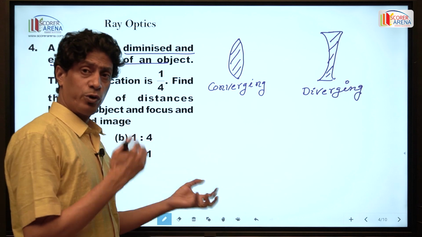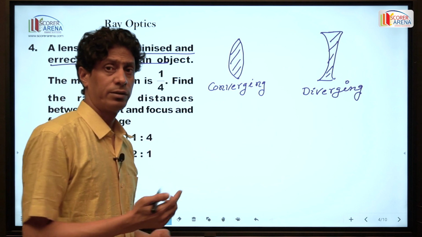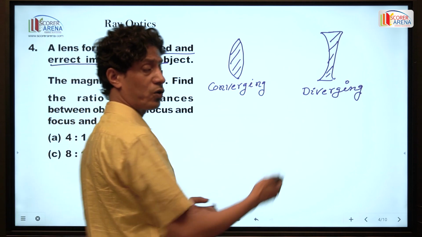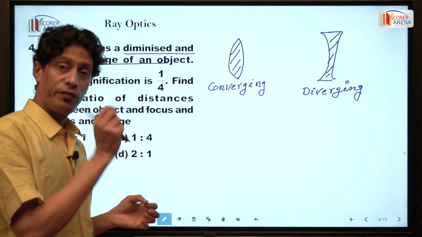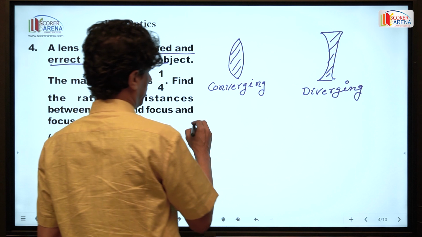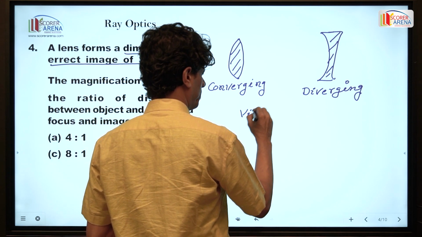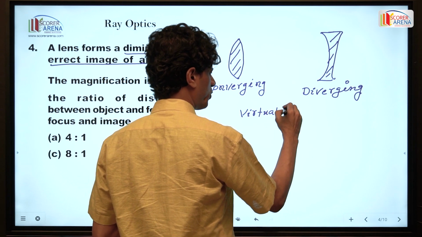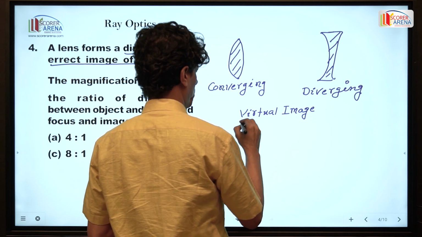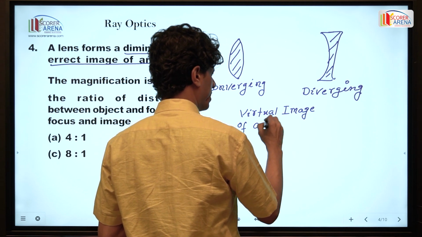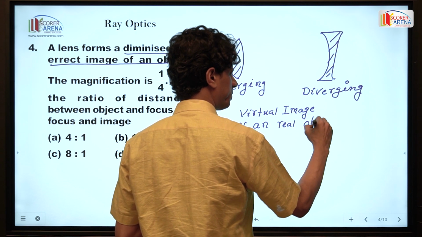A converging lens can form both types of image, real and virtual, of a real object. A diverging lens can only form a virtual image of a real object. But for the virtual image of a real object,